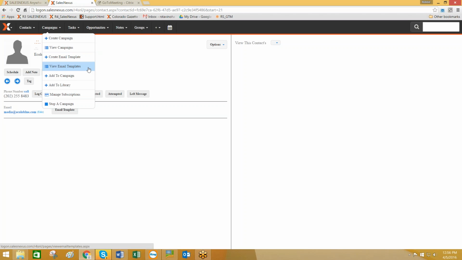If you've created email templates in the past and you want to use one of those, edit it and use it for a new campaign, you're able to do that. And once you have that set up, then you're able to add contacts to a campaign or add that template to your library of email templates. This is also where you're going to manage your subscriptions for your email campaigns or stop a campaign should you need to do so. So the first thing that we're going to do